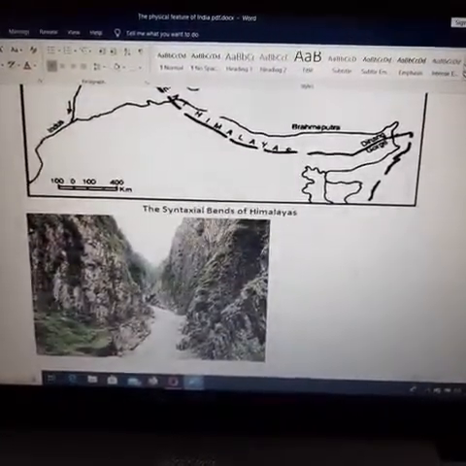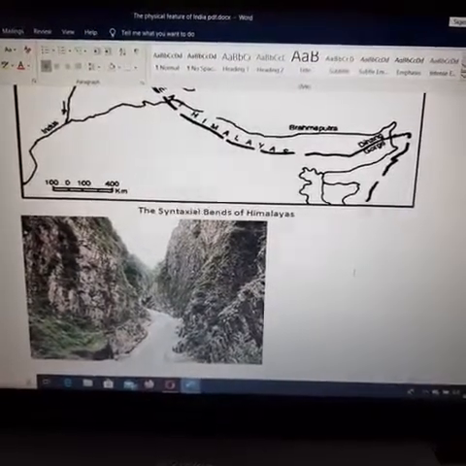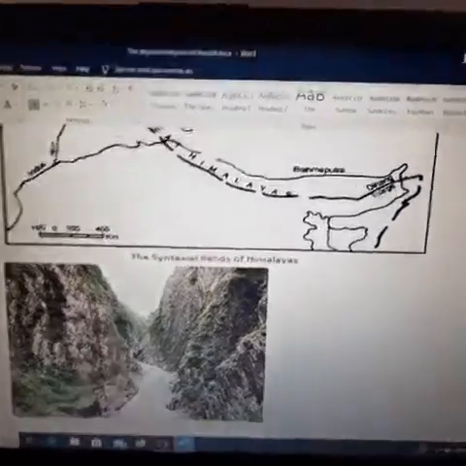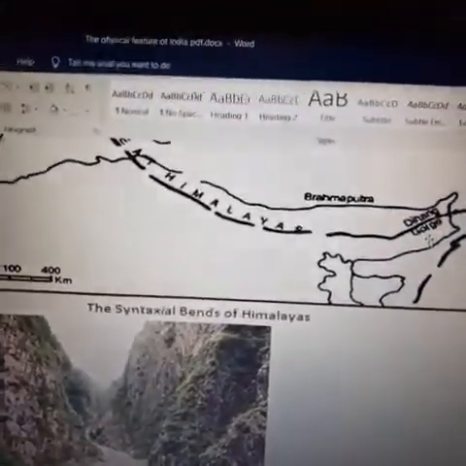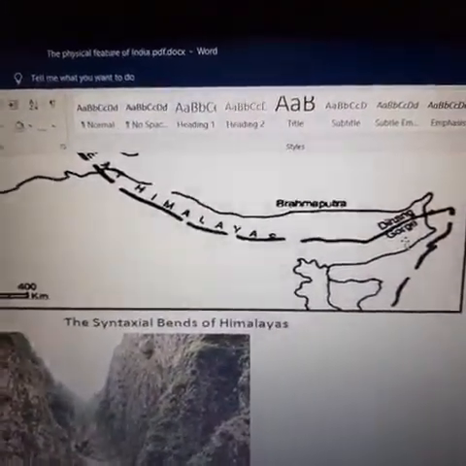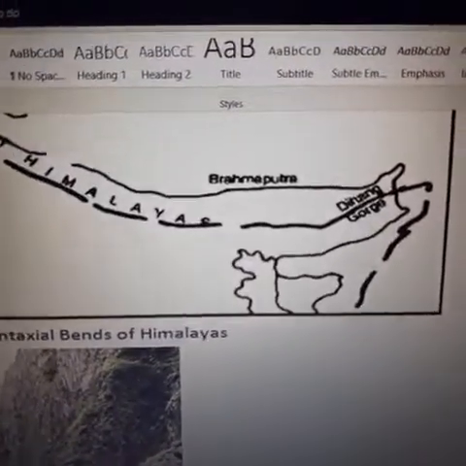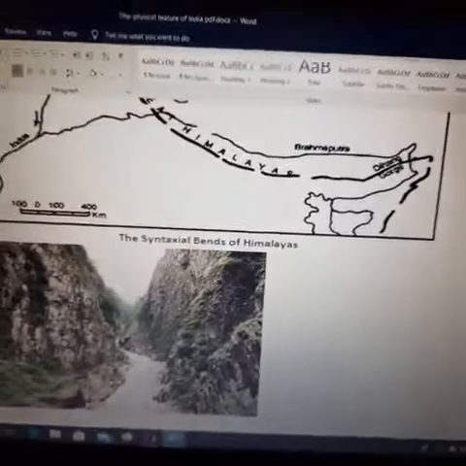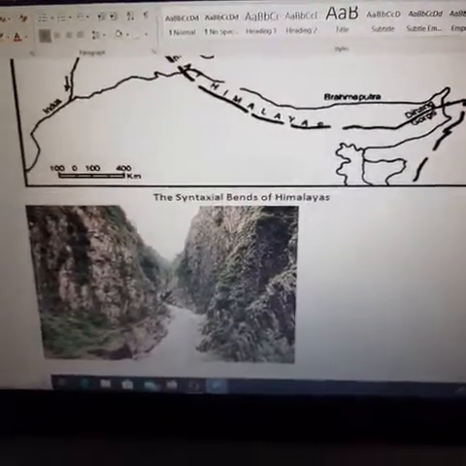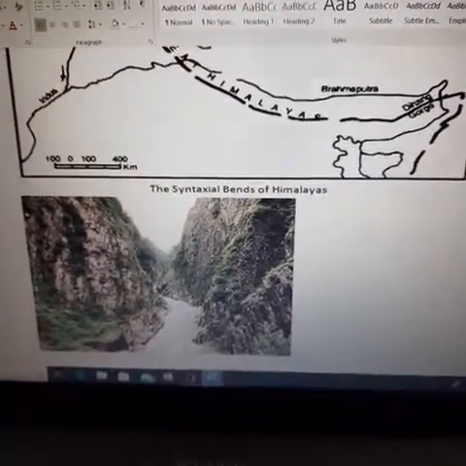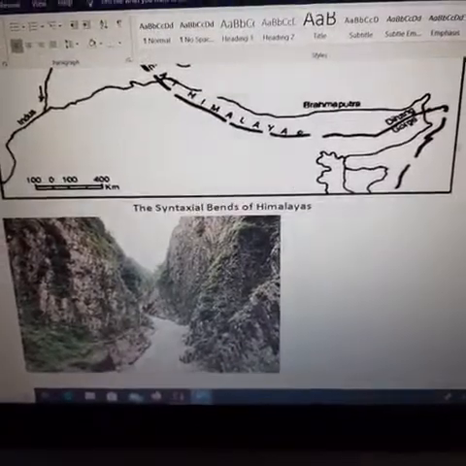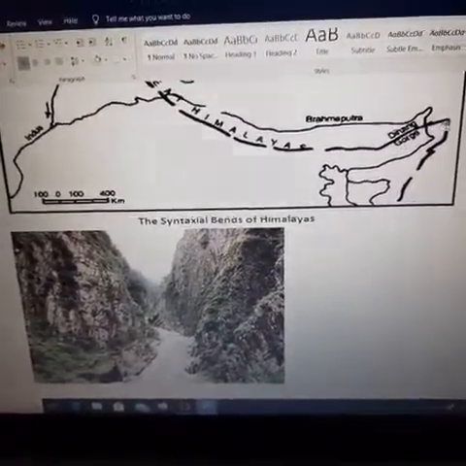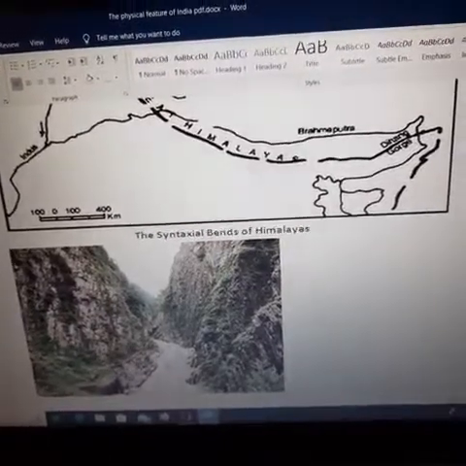In this one, you can see the Dihang Gorge. Dihang is a river. You can see here, this place is the Dihang River. Gorge. What is meant by gorge? It is like a valley, but with long stretches full of rock cover, and a small river moving on. So this type of place will be called a gorge. Okay, so in this river also, we call it the Dihang Gorge.